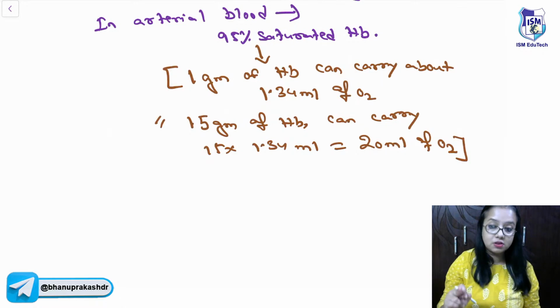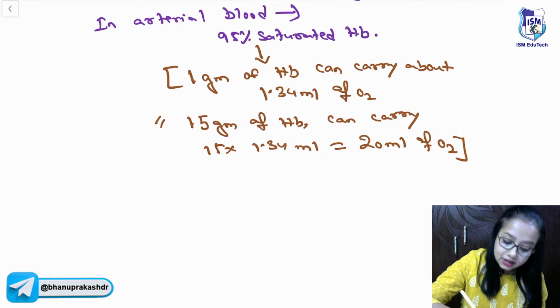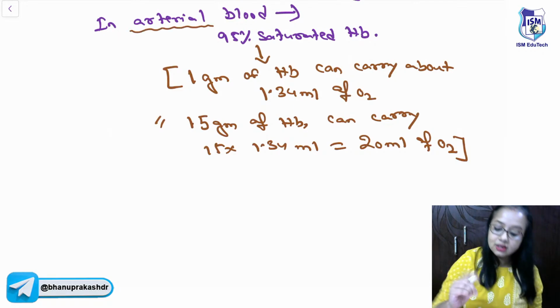So 1 gram of hemoglobin carries 1.3 ml. Assuming a person has 15 grams of hemoglobin, what is the carrying capacity? That 15 grams of hemoglobin per deciliter of blood can carry 20 ml of oxygen. This is the saturation point, where in the arterial blood,